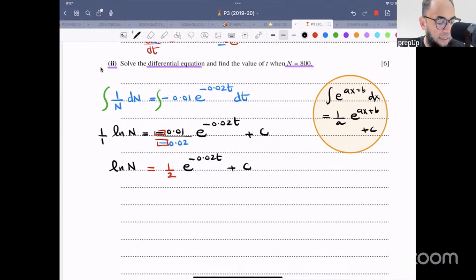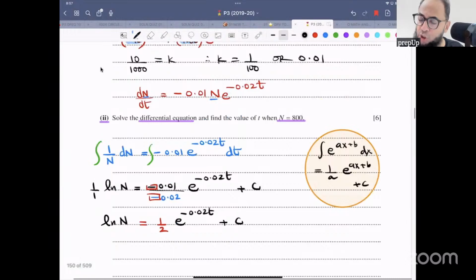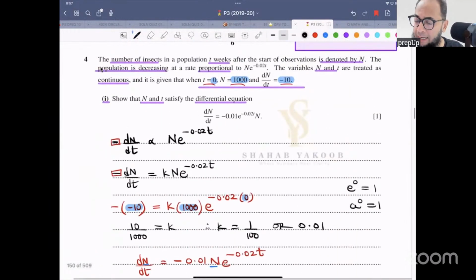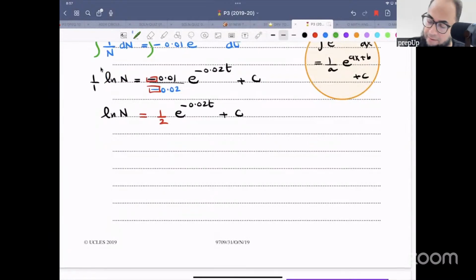Now there are two possibilities. The two possibilities are either I evaluate the c at this point, or I make n the subject and then evaluate it. That's entirely up to me. What do you people think? I think it's a good idea. Just plug in t is 0, n is 1000. So let's plug in t is 0, n is 1000,